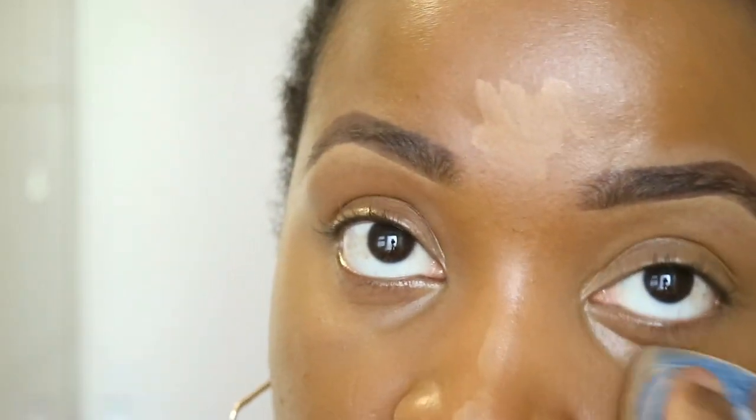So just so you can see, it doesn't seem to be settling too much into my under eyes. It seems to be blended really well, but I expected it to have a bit more coverage. As you can see, it looks like the little scar on the top of my nose has actually been mostly covered, but there's still a little bit on